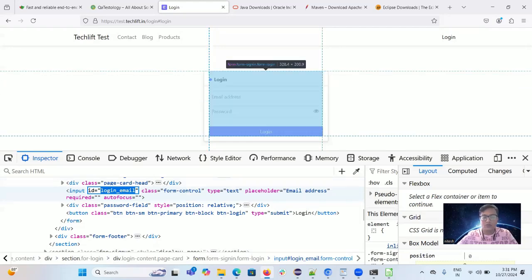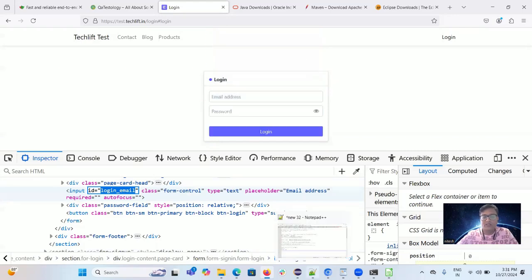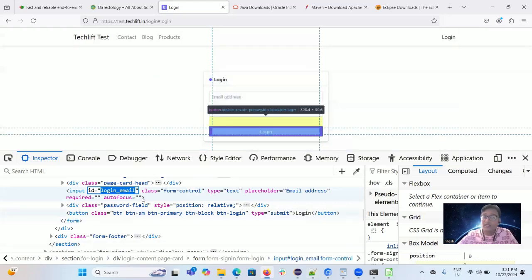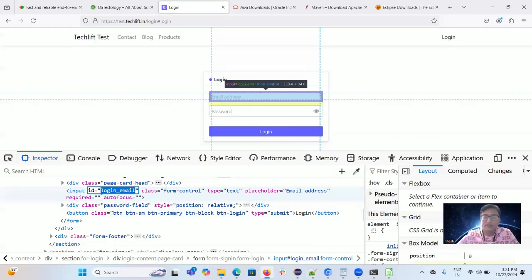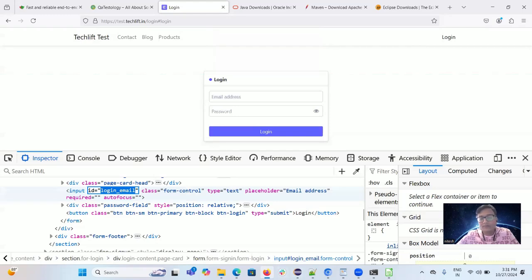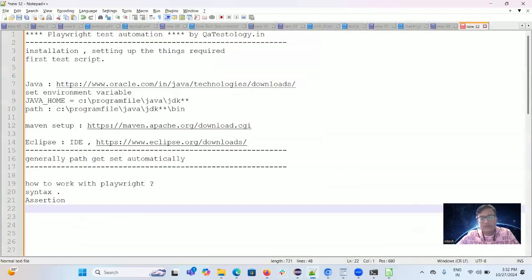If you want to become a test engineer or test automation engineer, you should be good on the HTML side to understand how it is. Fine. So what I was saying is,